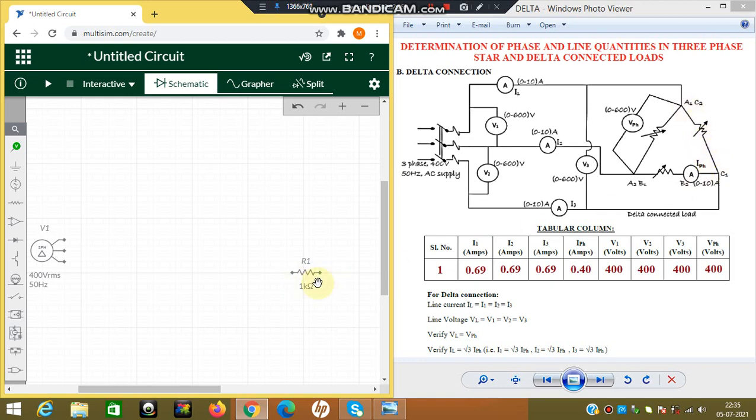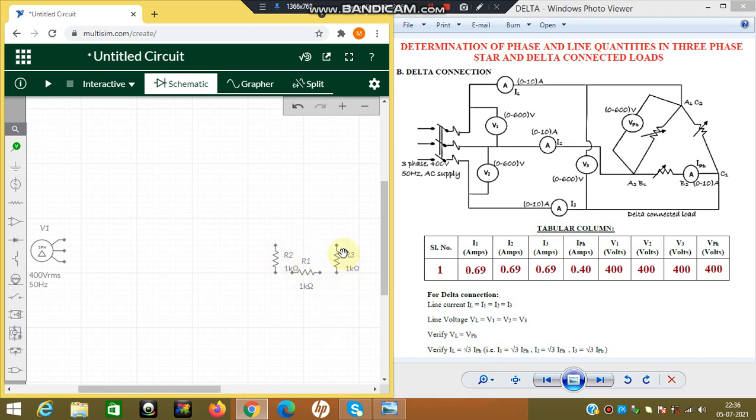Either it can be placed horizontal or vertical. So let me take these two as the vertical resistors. Let me take the copy and make it vertical like this and place it here. Similarly, let me take the copy of this and place as vertical here.